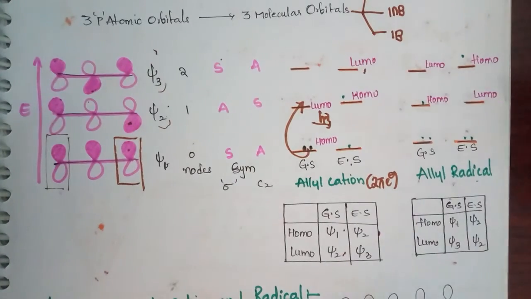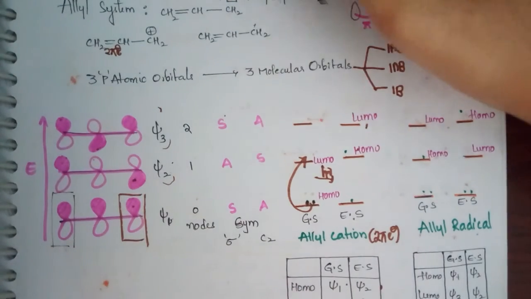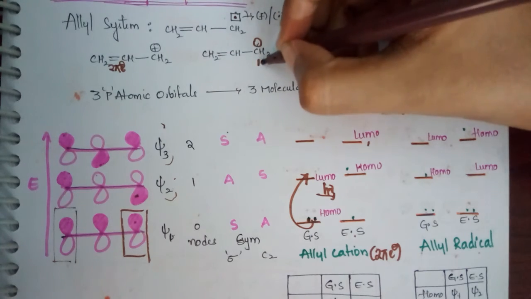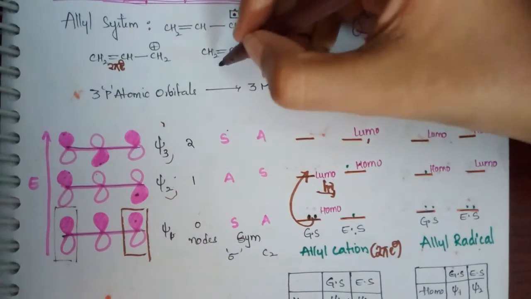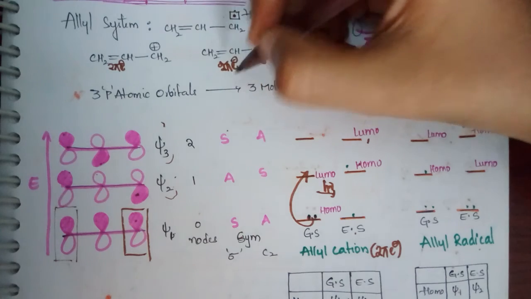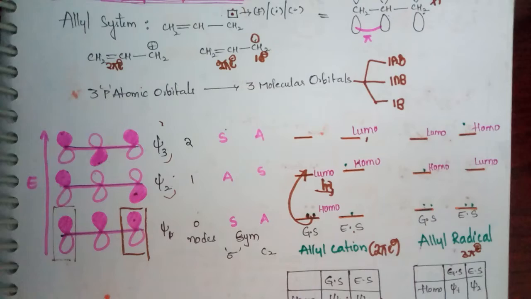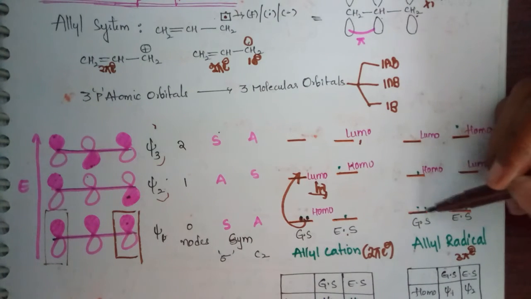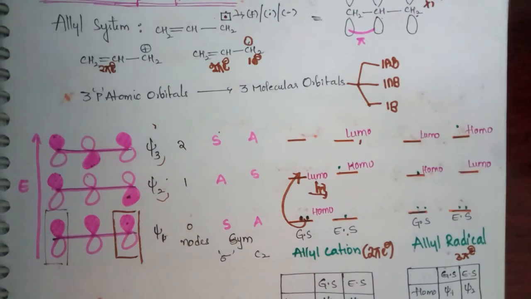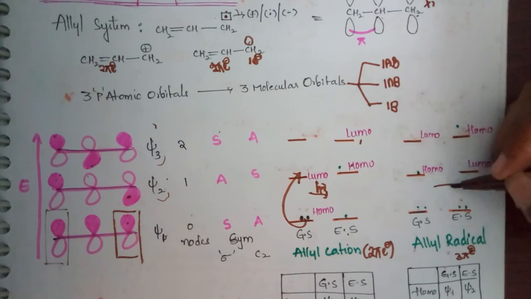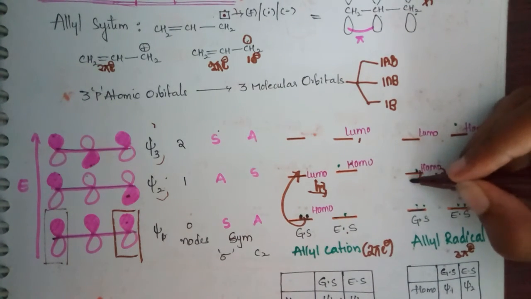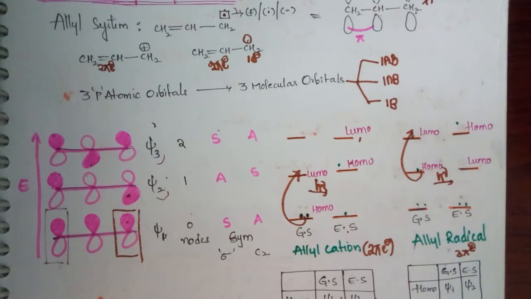Next, if we go for the allyl radical, here I am representing the structure of the allyl radical. Radical indicates one single electron. Our pi bond already has 2 pi electrons. So the total number of electrons in the radical system is 3 pi electrons. So start filling in the ground state. First I will fill the first energy level with 2 electrons, and the second one with a single electron. Later when I subject it to light, one electron will jump to a higher energy level. It is jumping and you will get this electron here. As there is only one electron here, this will become empty.